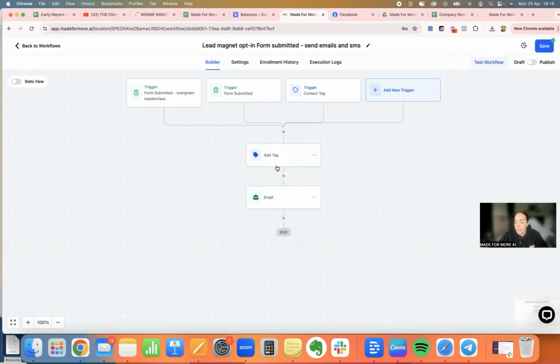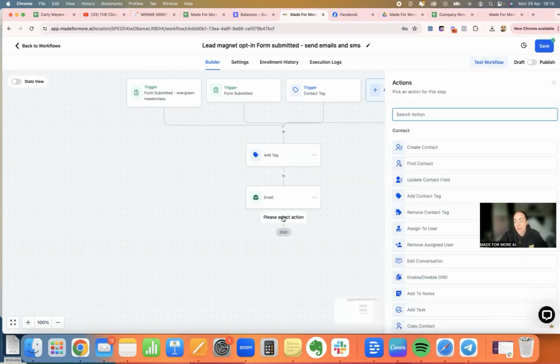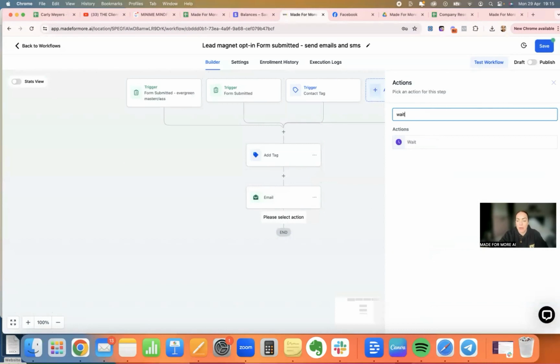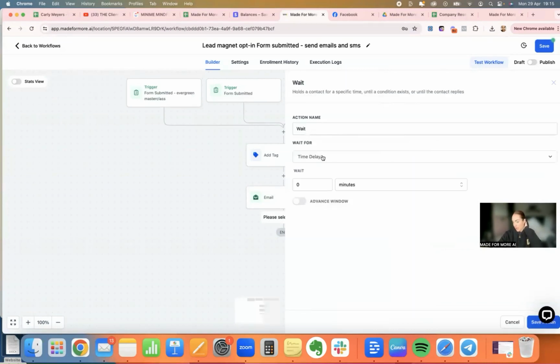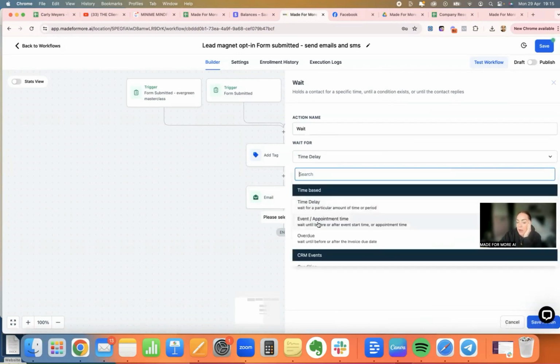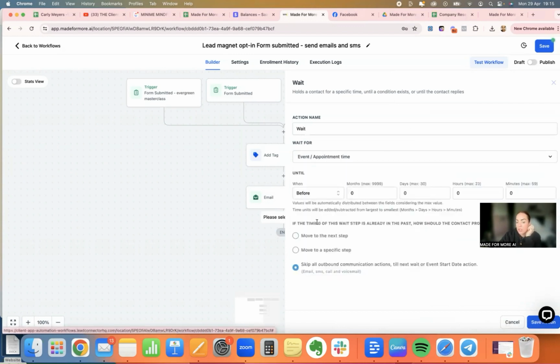Then I want to wait 2 days, maybe, or maybe a day, or maybe an hour, maybe 5 days. So I'm just going to come up here, put another action in, type in wait. And here you've got time delay. So I want to wait for 5 hours. And then I would just click save. Or maybe I want to wait for a specific time. So I want to wait